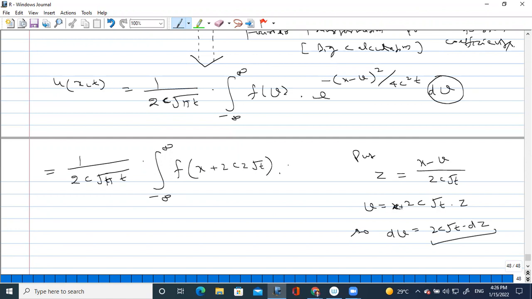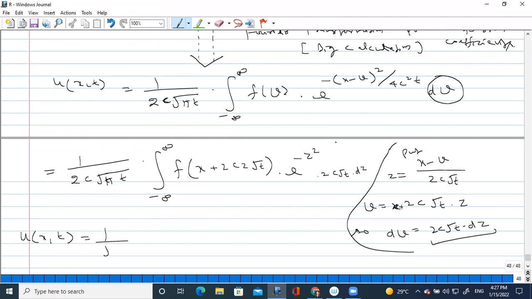This will be v, and this term I can write e to the power minus z square, and this term will become 2c root t into dz. Understood? Now this 2c root t will be cut from here,